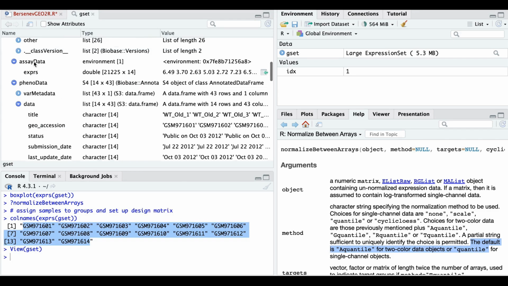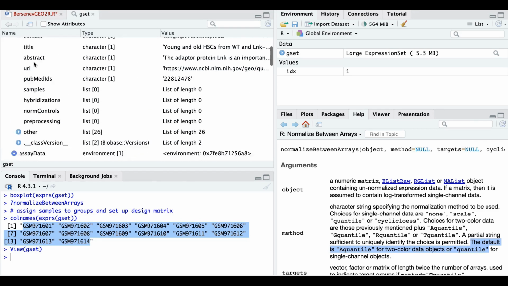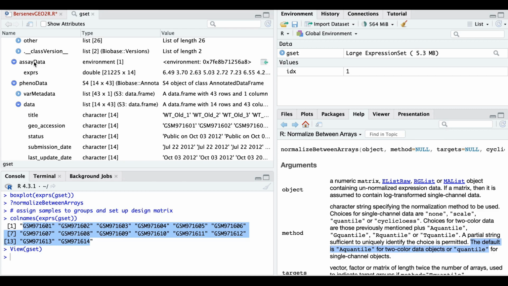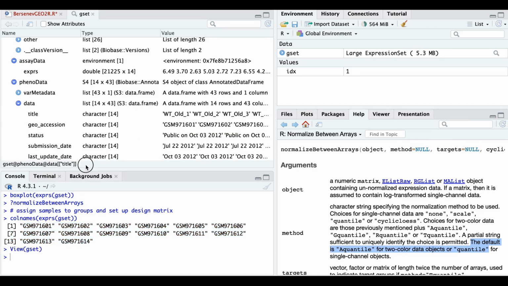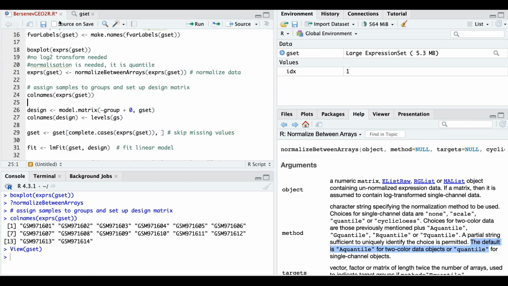What you have to do, you have to go into the description of gset phenodata data and title, which is next to GeoAccession, where you will find these descriptors for each column, what is what. As soon as you click on the title, this thing appears,